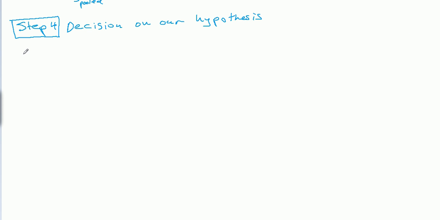So we take our F, which we got in the previous step, which was 0.43. And now we need to go to a statistical table. There are 2 ways to do this. Since this series is all about doing an ANOVA by hand, we're going to use a statistical table. So the F table